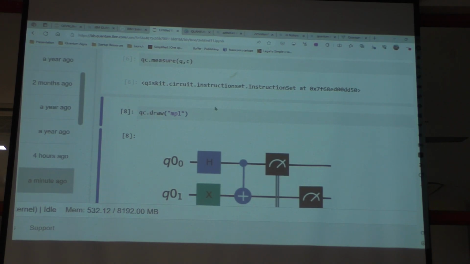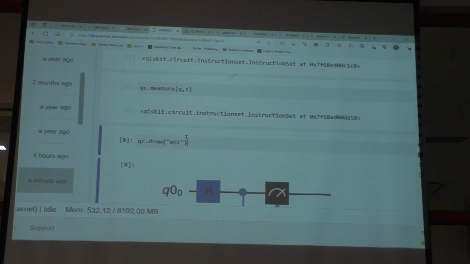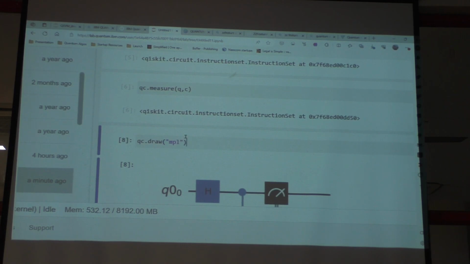So I hope all of you are able to build a quantum circuit and actually draw it out or visualize it.